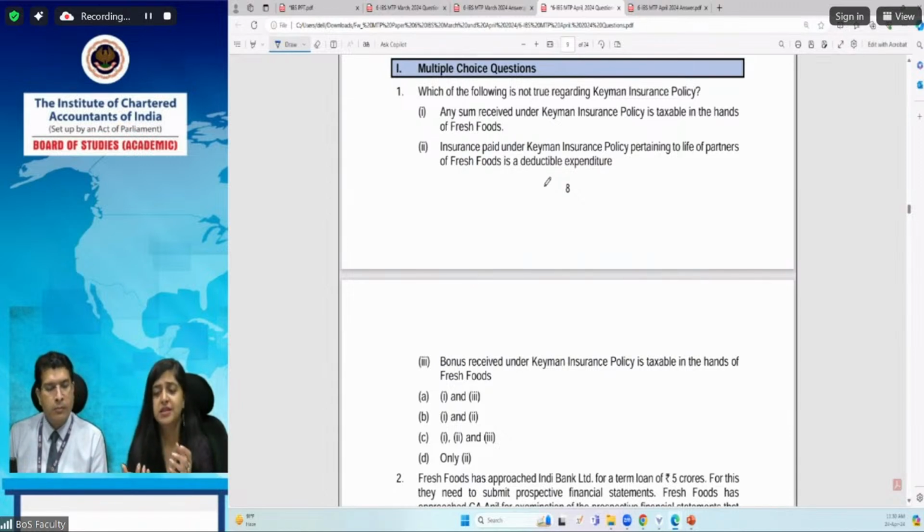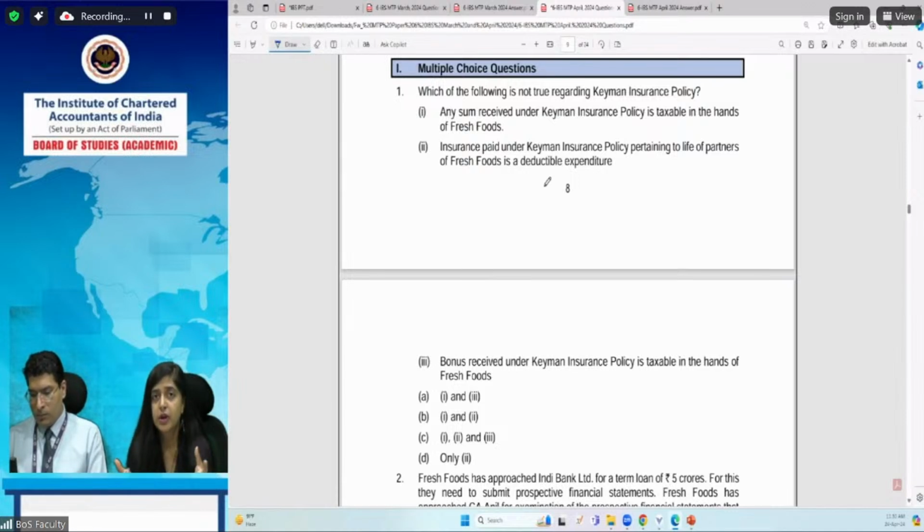So let's understand what is Keyman insurance policy. Keyman insurance policy is the insurance policy which is taken by a person on the life of another person. The other person can be an employee of that person, or any other person who is connected with the business of the first person. It means you are taking an insurance policy on the life of another person just to safeguard your business, because the person on whom you are taking the policy is a very important person. The person can be your employee, your partner,